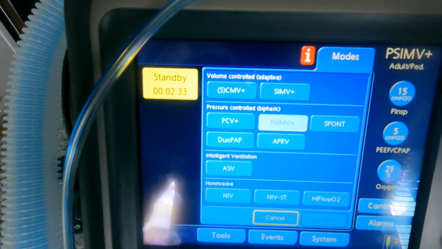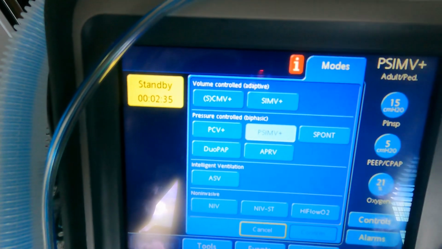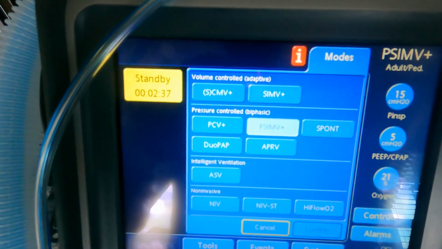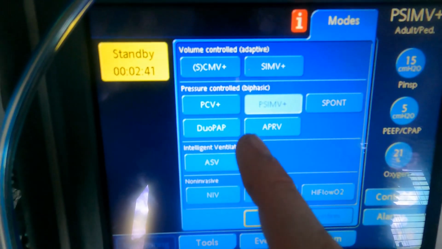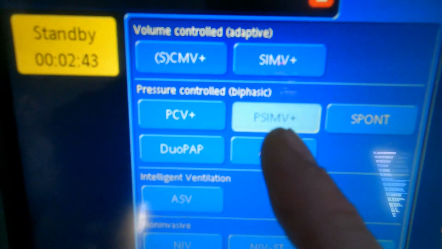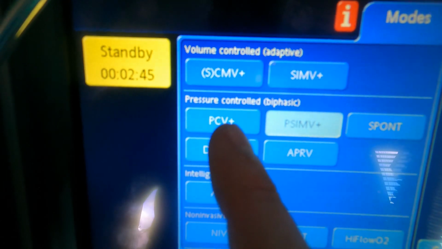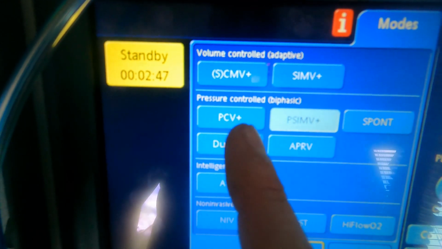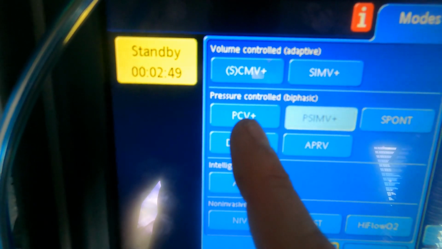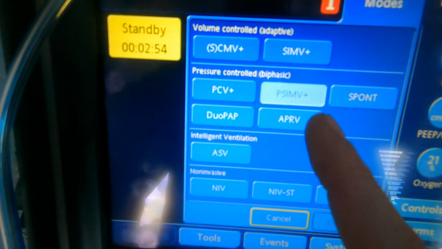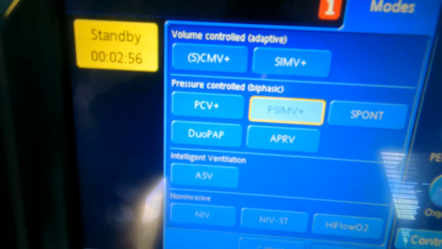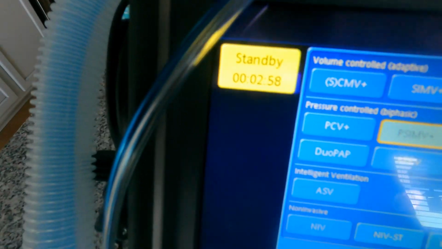And then per our protocol, if the patient's less than a year old, or if the patient does have lung disease, then we're going to use a pressure mode. So our options here are either going to be PSIMV plus or PCV plus. Both of these are pressure. This one would be like assist control pressure, and this one would be SIMV pressure. So if you select PSIMV plus,